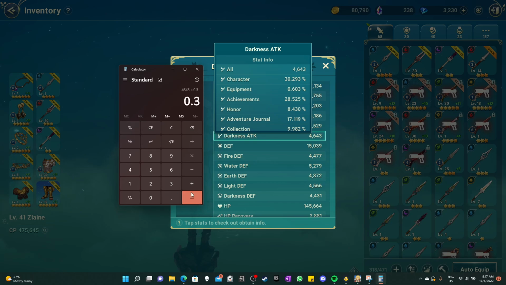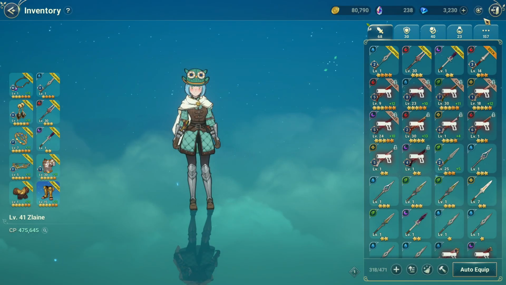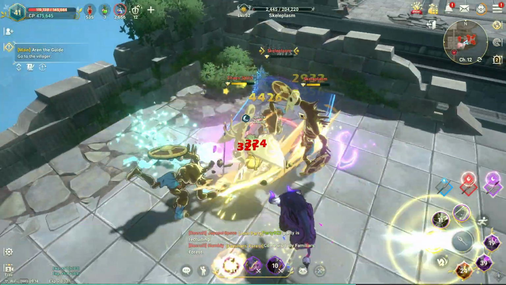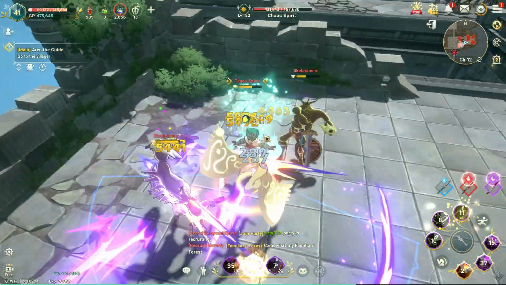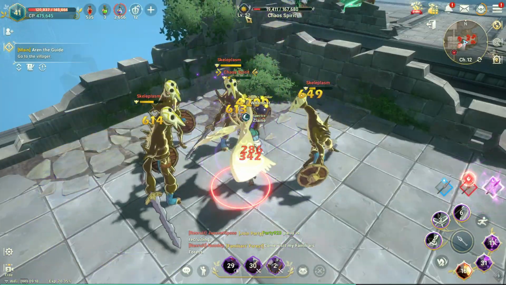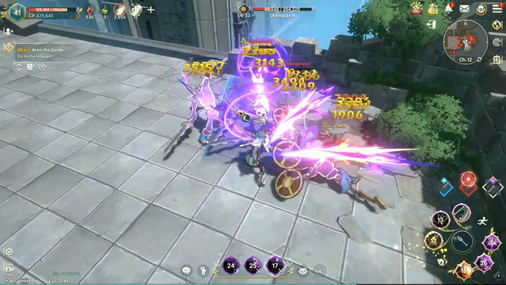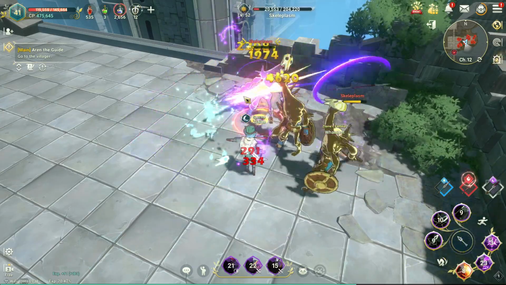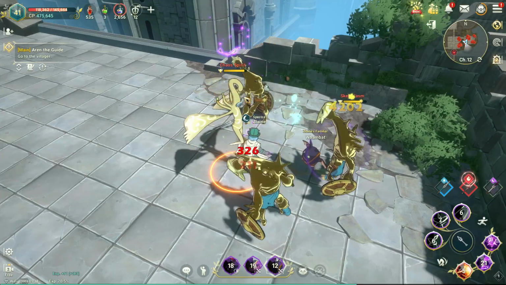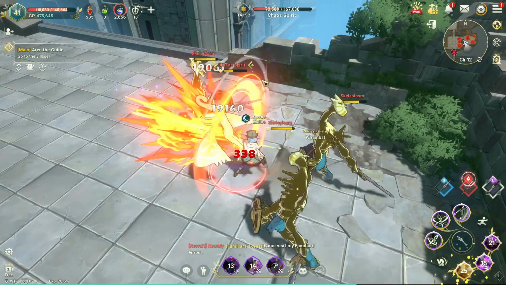If I would like to focus just 30%, my darkness attack is only just 1300 plus. And because of all those small things, right now my character could really farm here without much issue. You can see there are still some miss attacks because of the level gap and also the evasions, which is a critical thing. So you have to increase critical